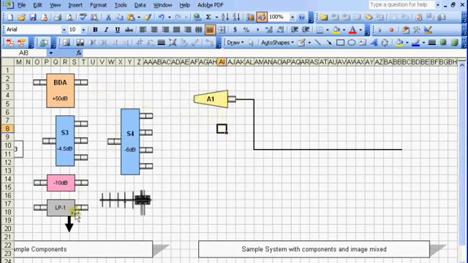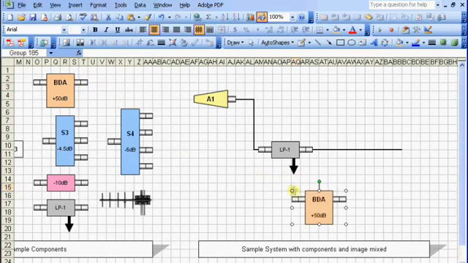Now we need to have, let's say, a lightning protector. Since I've already got one drawn, I will just press Control C to copy it, come over here, Control V to paste it, and place it where I like it. Next we'll grab the BDA, same thing, Control C to copy it, come over here, Control V to paste it,